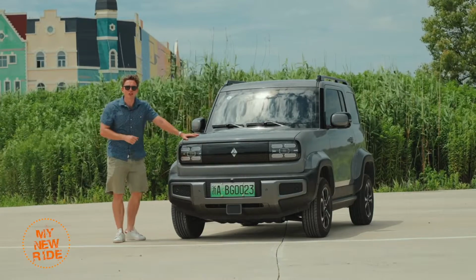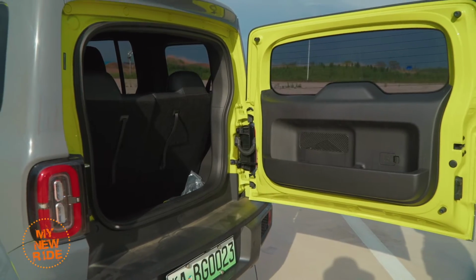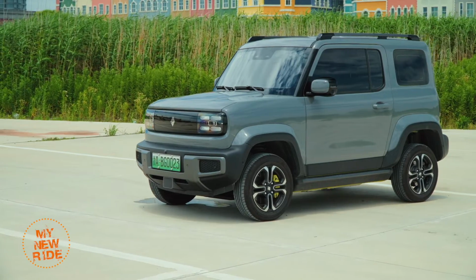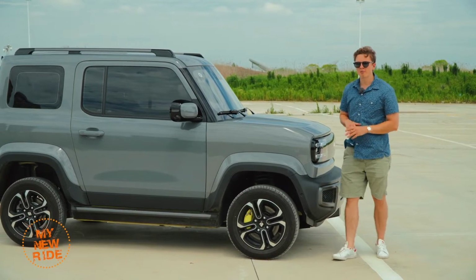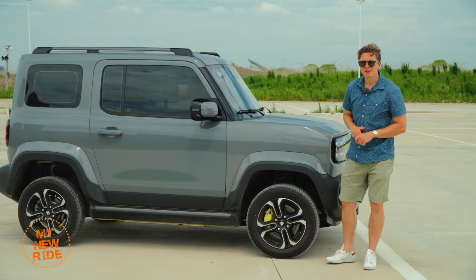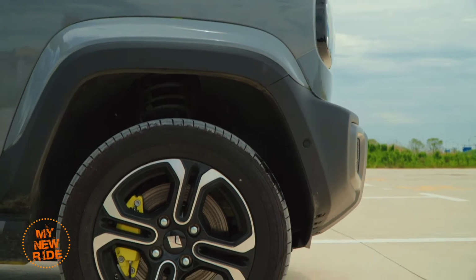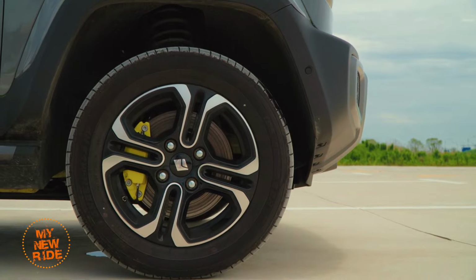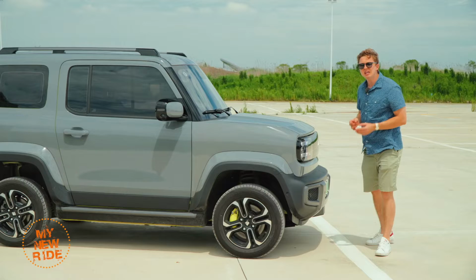It looks even more like a Jimny in its original highlighter yellow or highlighter green color, but this one has been wrapped in this gray wrap by Baojun themselves. I think this thing is absolutely ripe for modification, and so does Baojun. That's why they're offering a dealer-installed roof rack as well as optional all-terrain tires. Personally, my Yep would also have a big metal brush guard up here as well,